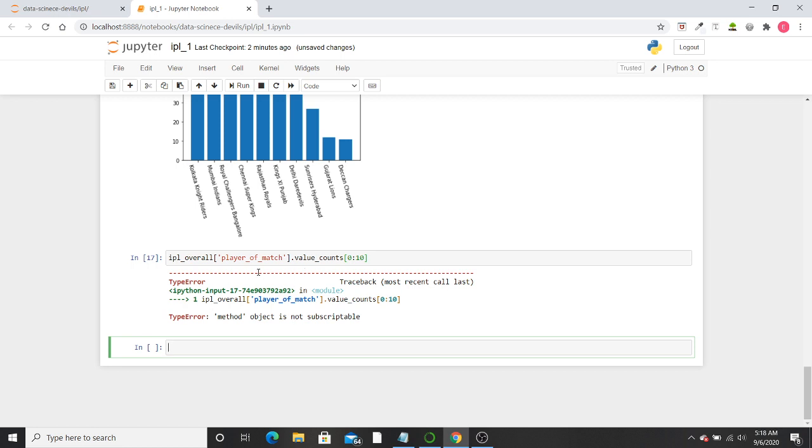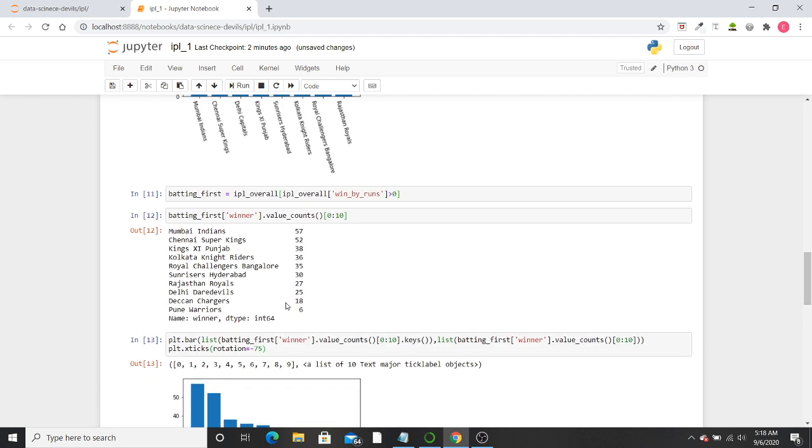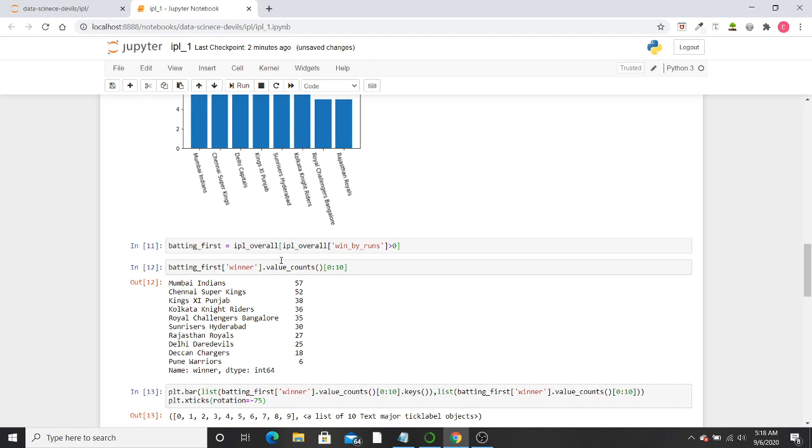But here it is giving some error that method object is not subscriptable. Now why is it giving this error? We need to see. Well, it was okay till now.